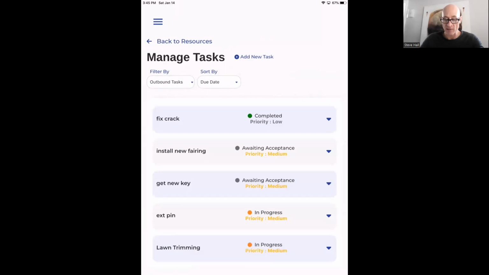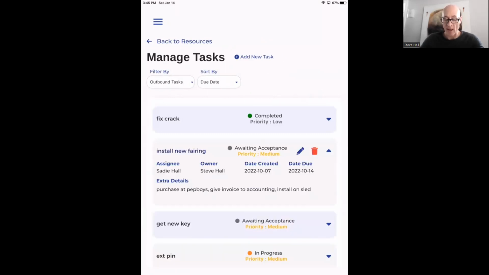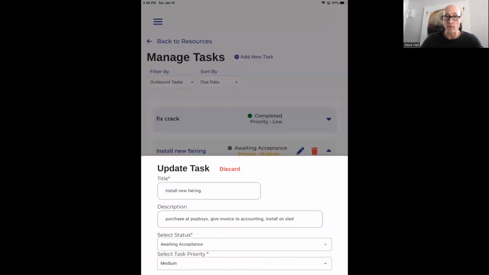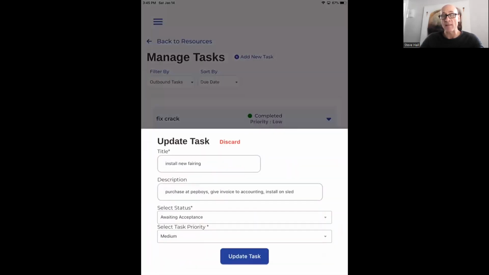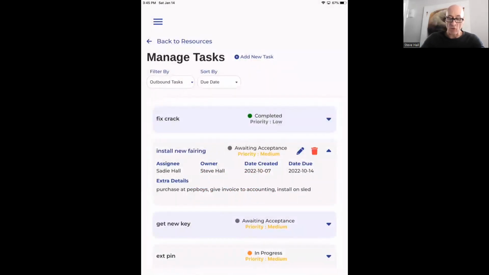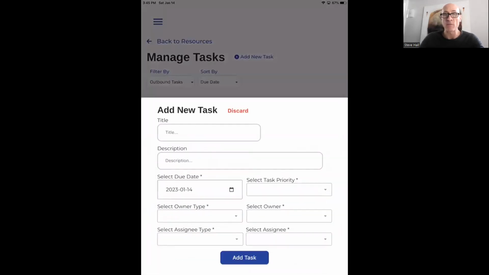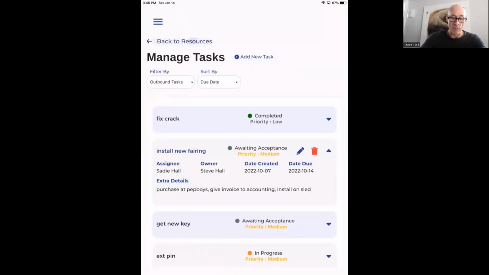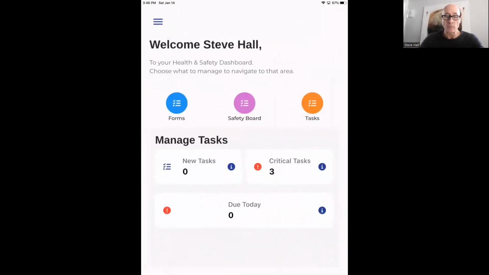I can go into tasks. I see everything that I've got waiting for me. I can go into an individual task, see all the details about that. I can go in and edit that task, update the process of it so I can move it along. I can also go in and create new tasks at this point, set up something for somebody else, and send out notifications for it. If I move back to the home page, and we move on to the information share,